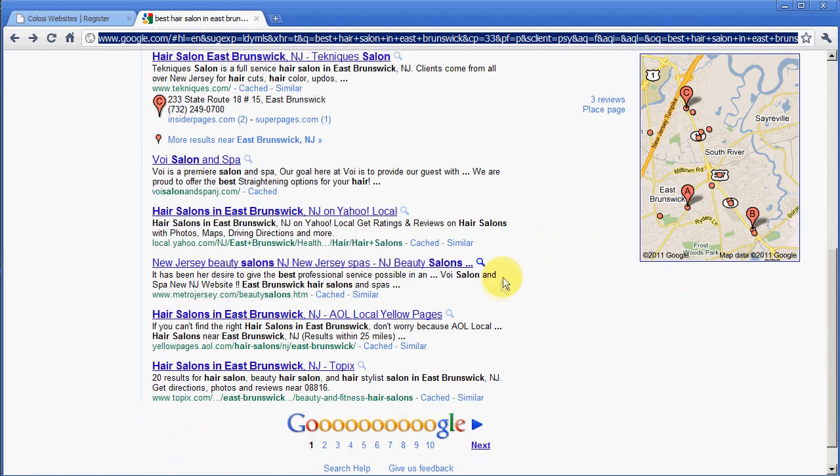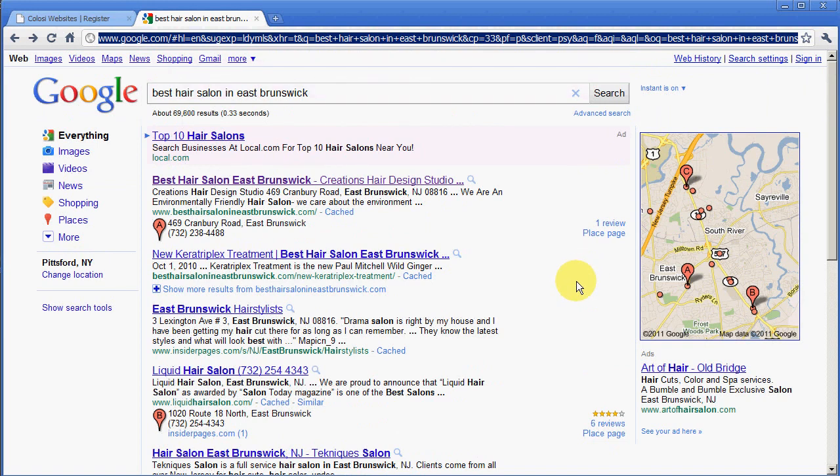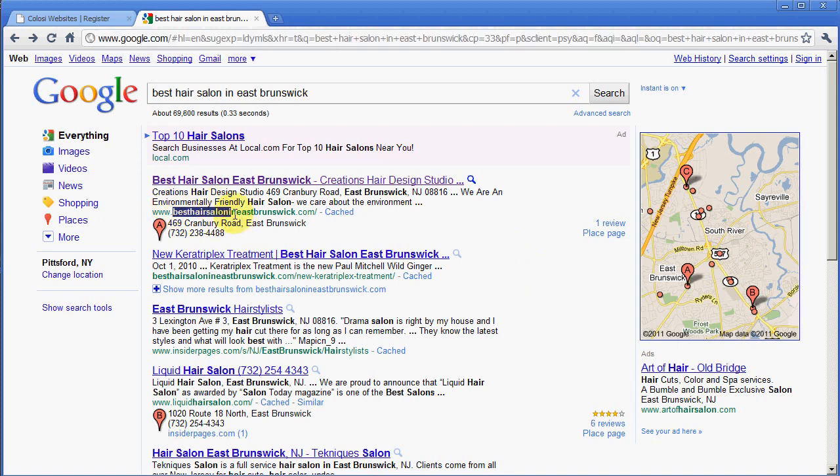So as you can see, anywhere on this page that's in bold, that happens to be the keywords that were used in a search. So that's how we're going to figure out what kind of domain name we're going to get. We want to get a domain name that includes what we do and where we do it. Now, let's explain something here though. If you take a look at this domain name that Cheryl picked out for her website here, best hair salon